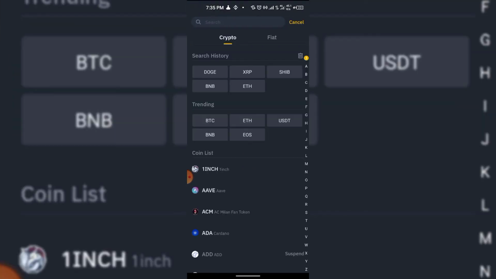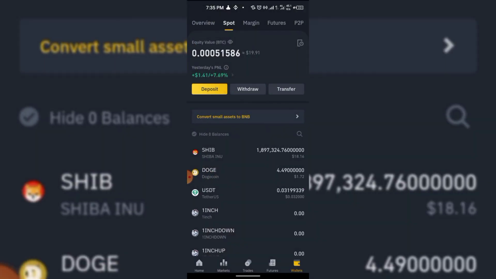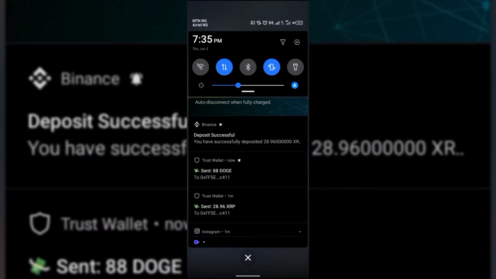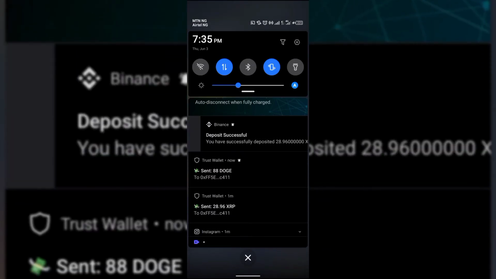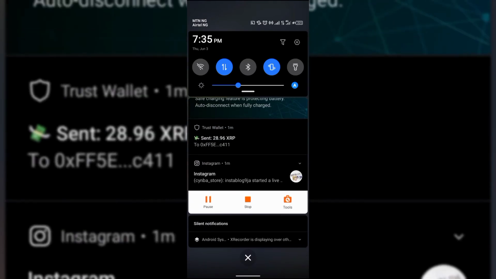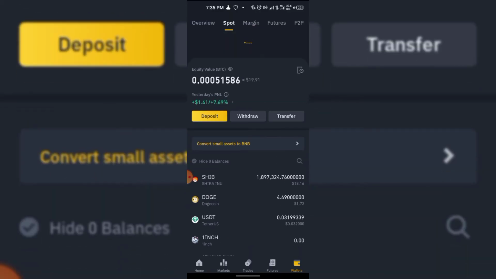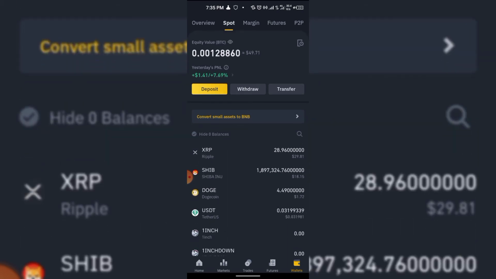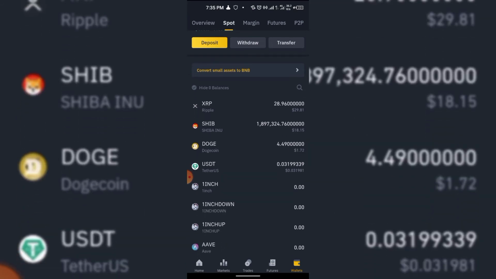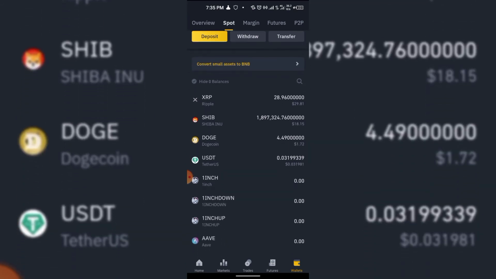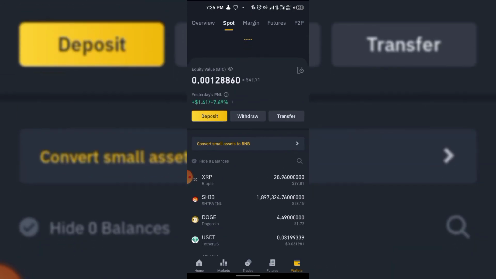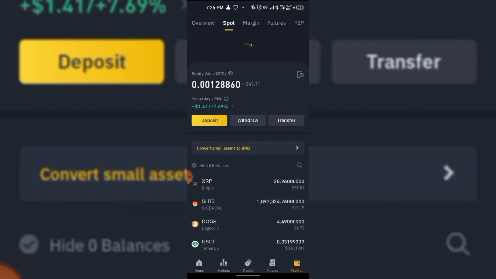Now most times when you refresh like that, you can see Binance is notifying me, you have successfully deposited 29 XRP. All right, so now I've successfully deposited. Let me refresh now so that you see it. All right, now let's see which has been reflected. Doge is yet to reflect, but XRP has reflected already. So while we are waiting for Doge to reflect,